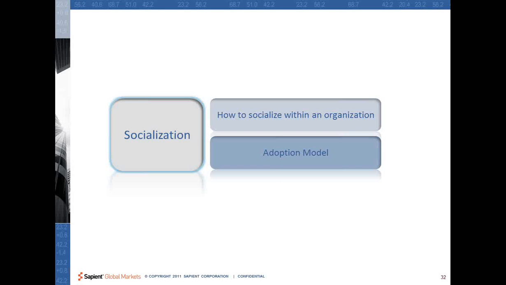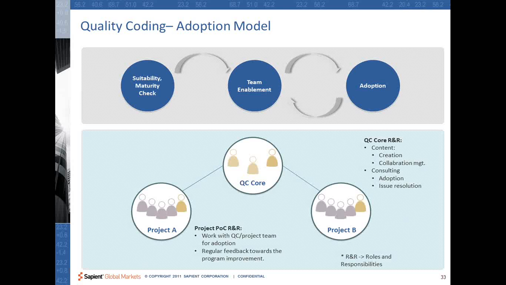So this ends our second aspect, which is about the 5 elements we have talked about, and now we move to the third and very important aspect. As an individual you might know what good code is and how it has to be followed, but how do we make sure that it actually gets socialized or adopted in your organization or in your team? So what we did was that we created